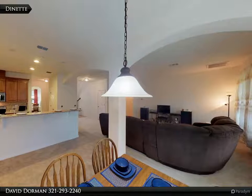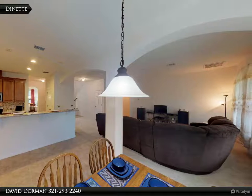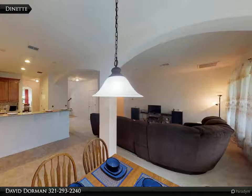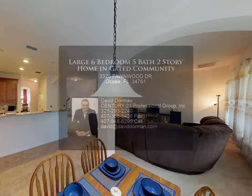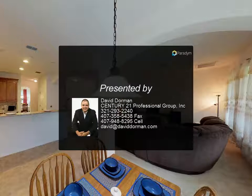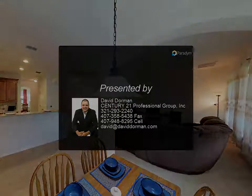This home offers walk-in closets, energy-efficient insulation, 2-zone energy-efficient HVAC, water-saving options. All located in the gated community of Forsbrook. Nearby 408, 429 and 4